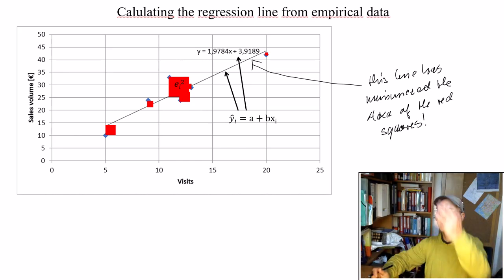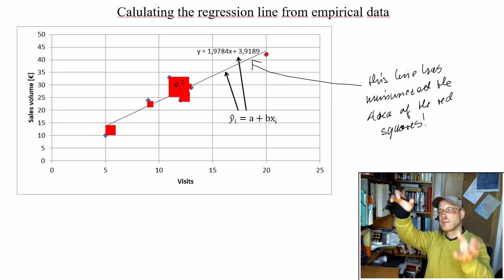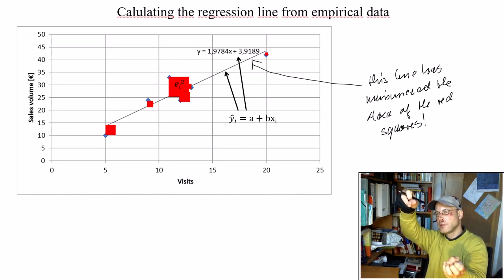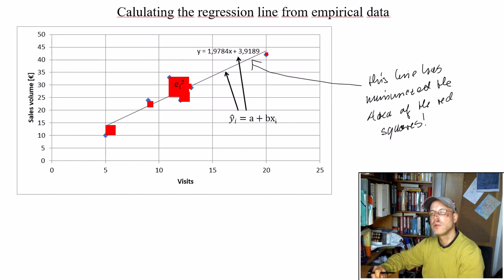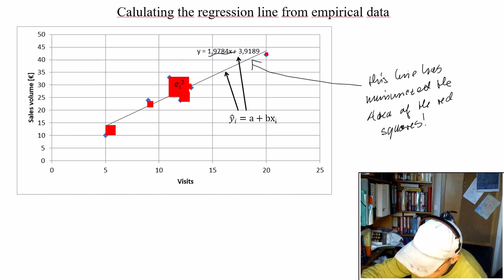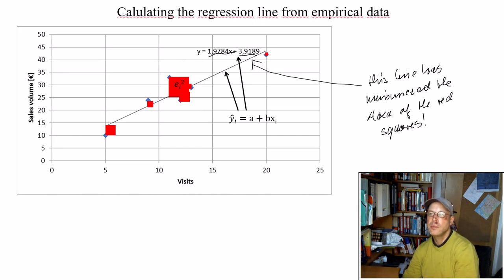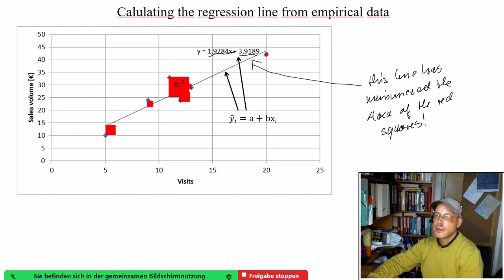squares. If you think that you would have a linear line with a lower slope, so just turned to the right, then of course all the areas of our red squares are changing, and the sum of these other squares would be larger than the squares which we have now calculated via these two values for A and B, 1.98 and 3.92. Okay,